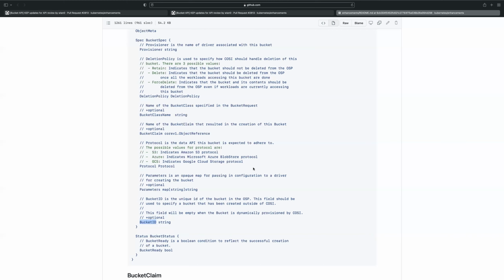I think as a simple next step, we could just have it be bucket ID. So I think this field basically will only be populated if it's the static provisioning in the spec. If it's dynamic provisioning, then this field will not be used, right? So, yeah.